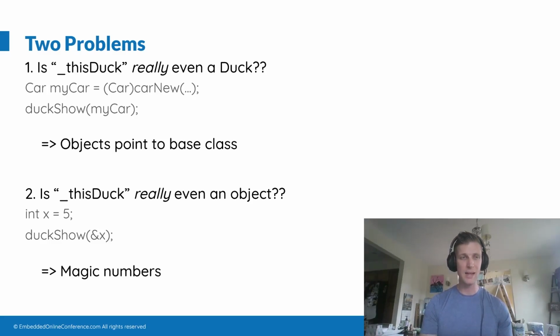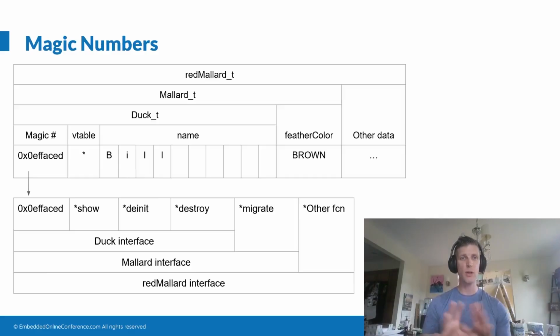number. And so what we're going to do is, for each of our object structures and for the interface structures, we're going to make sure that the very first element is just a hex number. The number that I stole from Axel Schreiner is hex 0EFFACED, which kind of looks like the English word effaced. Effaced is to make